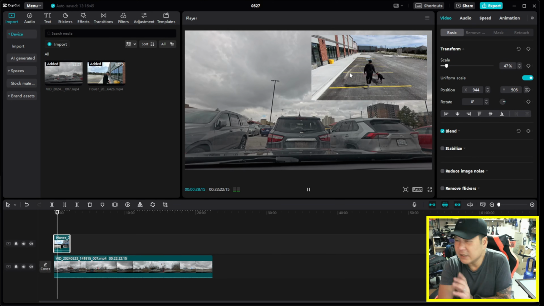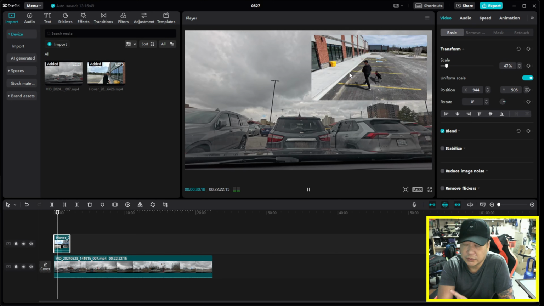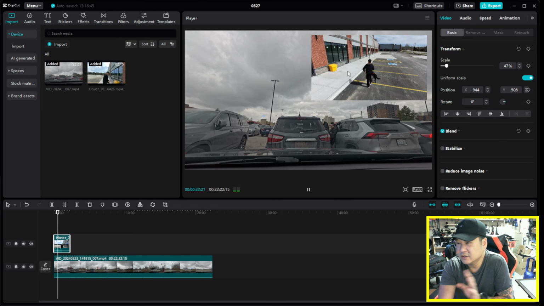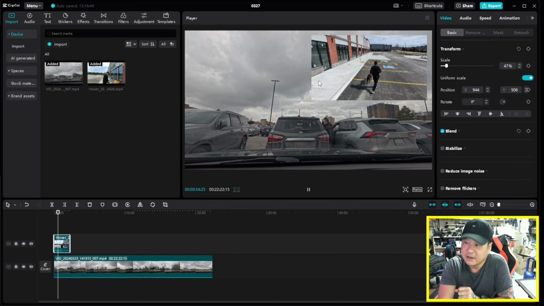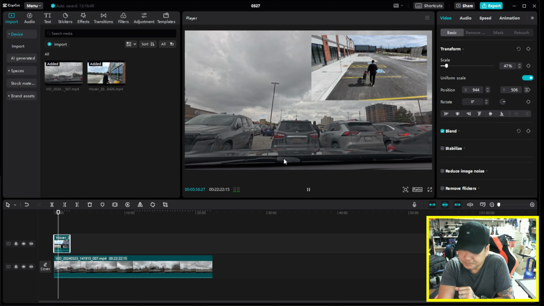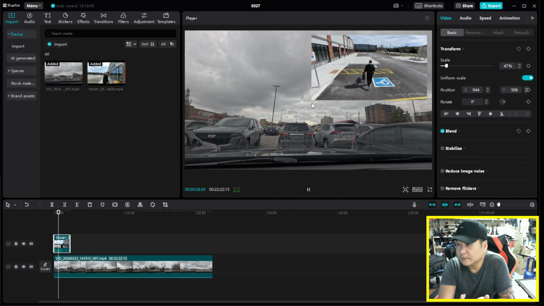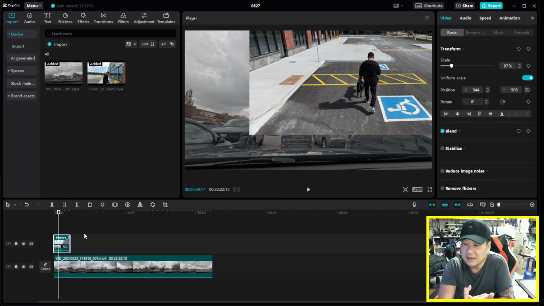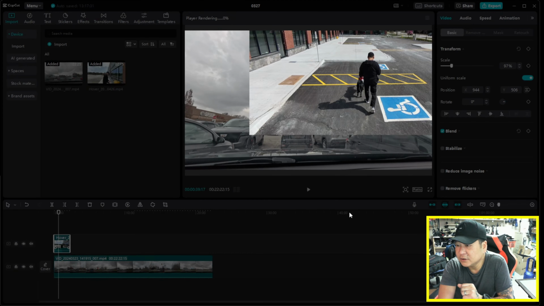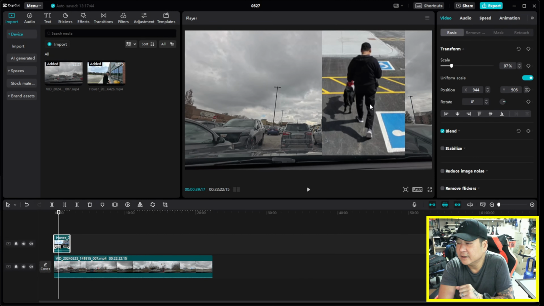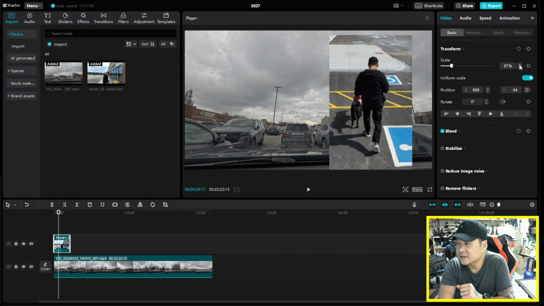I don't think you can do this with the Insta360 Studio. Correct me if I'm wrong, but I didn't try it, so I might go back and give it a crack and see if it does the same thing. You can also crop, so you can resize, crop, go into edit, crop ratio, and it'll do free ratio, so I can crop in this way. I can play just me on here and then confirm, and here I am right there. I've got this at 100%, crop it in,